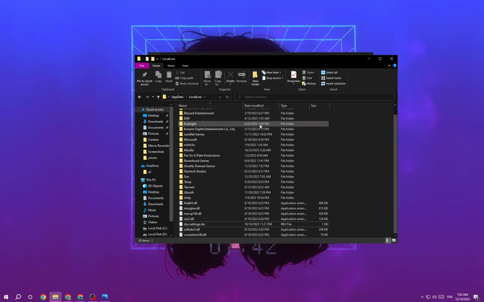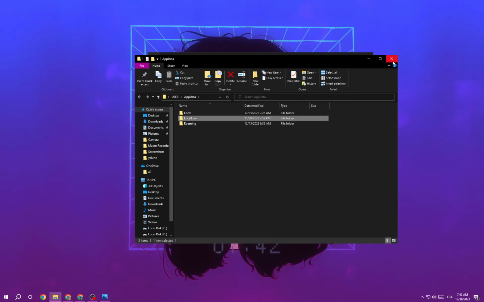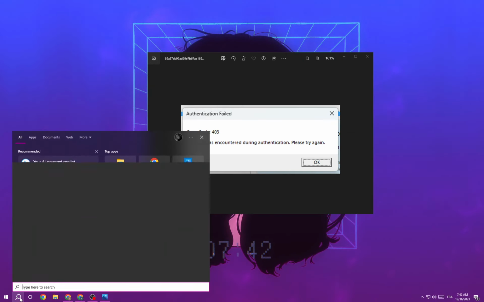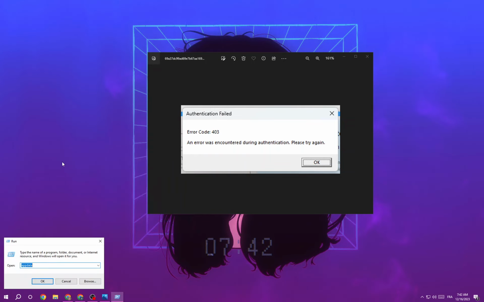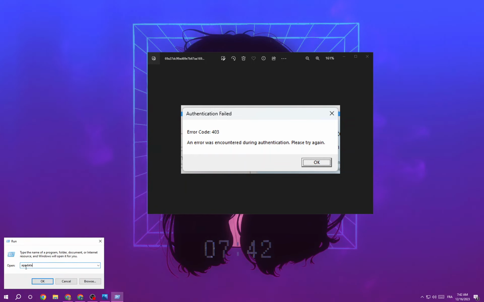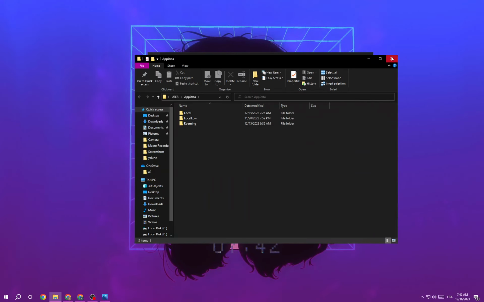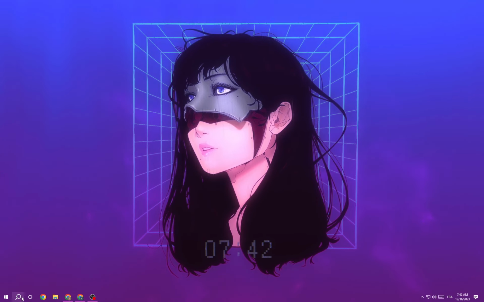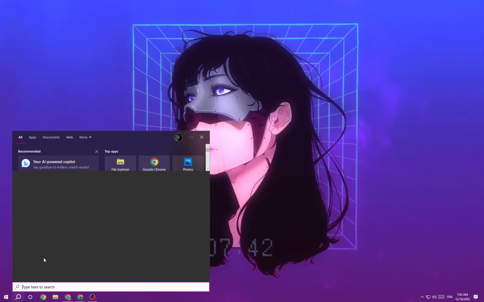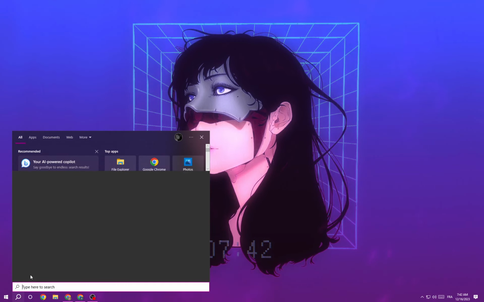And if you can't find the AppData folder, you can find it in another way. Just click here, type run, and then just type here appdata and then click OK, and as you see, you'll find yourself here. And after that, if that doesn't fix your problem, then just make sure to go to